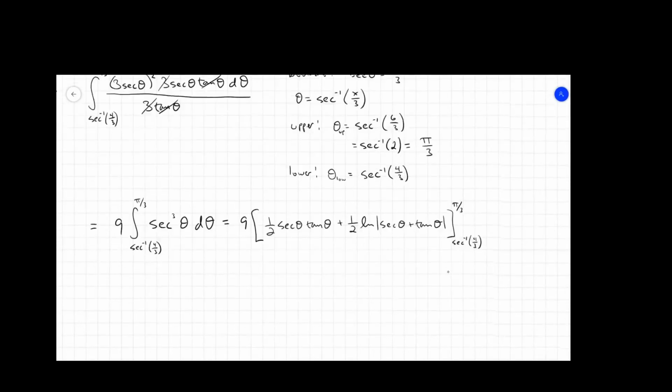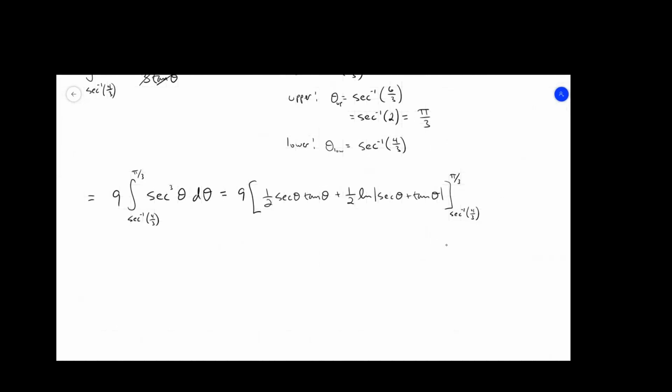This is definitely a difficult problem. Now, the benefit of doing it this way, where we change the bounds, is that we now don't have to change these bounds back into x's. We can just leave it in theta land and just plug the bounds in and do the fundamental theorem. So in other words, we just do the fundamental theorem now. 1/2 secant of the upper bound, which is pi over 3, secant of pi over 3, tangent pi over 3,